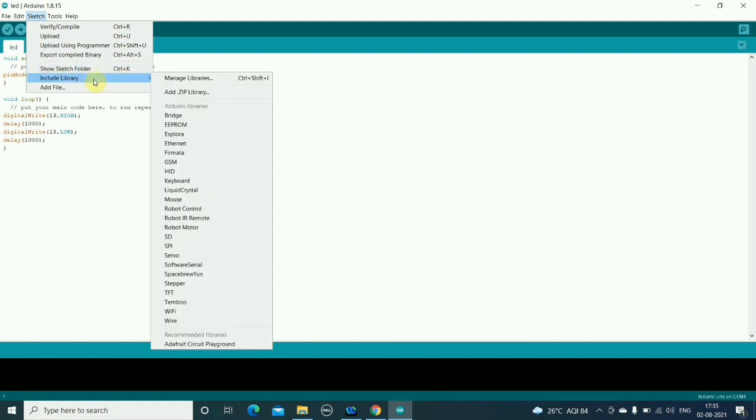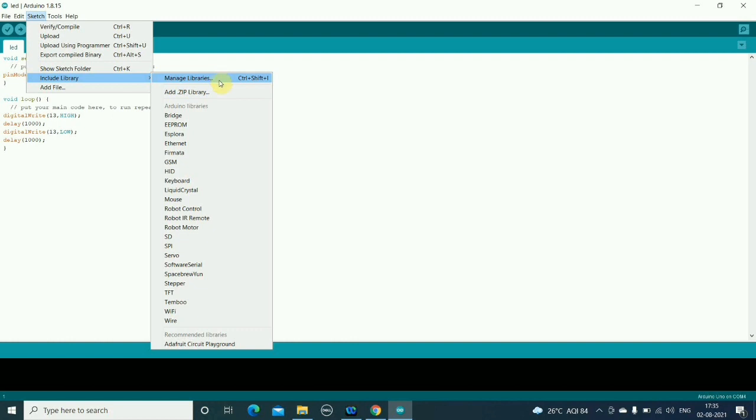The next important feature is include library. That means actually there are various libraries available, but if you want to add new libraries, then in that case you have to use this option. So the first one is manage libraries and the second is add zip library. In case of manage libraries, you have to go online and take the libraries online and add them.